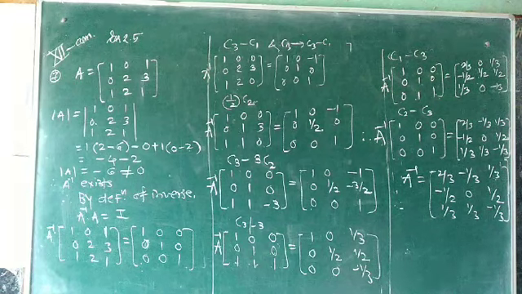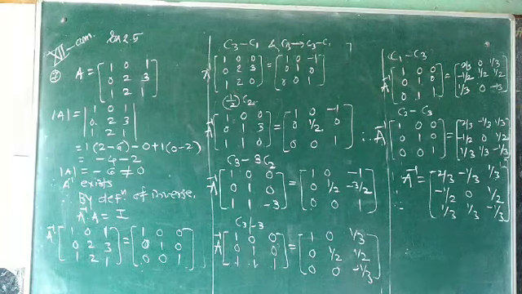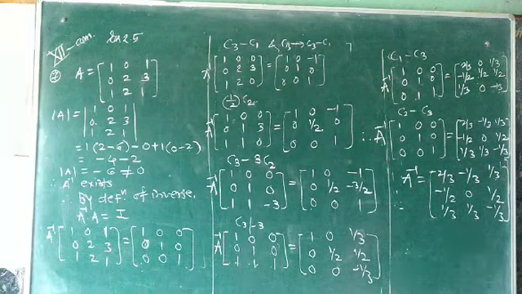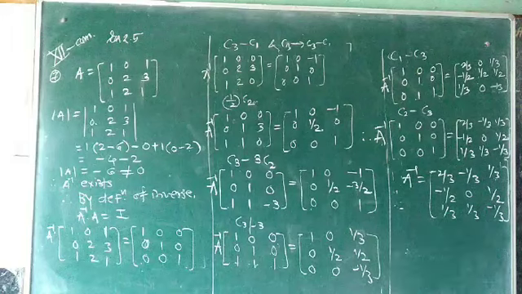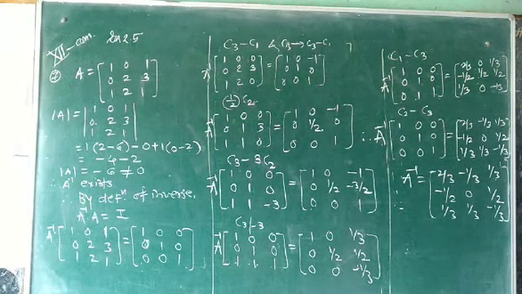Next, question number 8. You should try to solve it by using our example number 6 and find the answer of our question number 8. Here we find the LCM of 2, minus 1 and 3. It is 6. So we take 1 by 6 common from this and write the answer. Question number 8 you should try to solve. Next, see next question number 9.